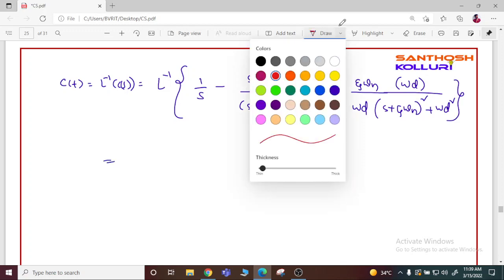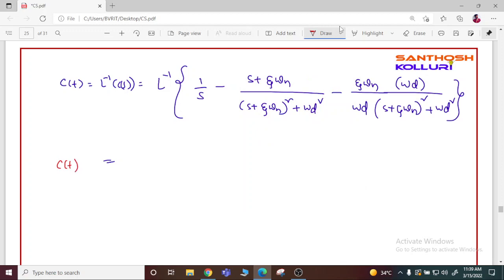So C of t will be, 1 by s is nothing but 1 minus, and for the term with s plus zeta omega n over (s plus zeta omega n) whole square plus omega d square, this can be written as e power of minus zeta omega n t